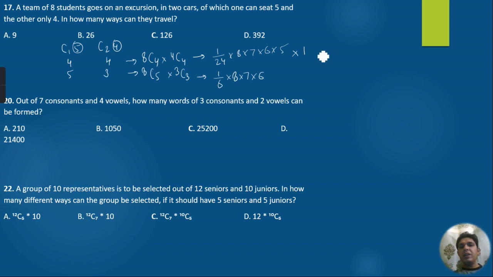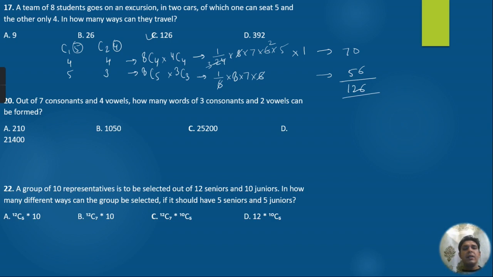So if we come to solve the first one, that means 8 3 is 24, 3 2 is 6, this will be 70 here. And if I come to solve the second one, this will be 56 here. So the answer of this question will be 126. So option number C will be the right option,